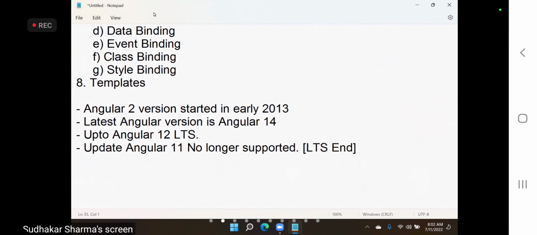And the community will not support Angular 11 anymore, Angular 8, 7, 11 anymore. But sometimes companies still ask for Angular 8, 7, 11 like versions because their projects are already built on it. They still continue on that. It's not mandatory that everybody has to upgrade to the latest versions. So Angular 14 is the latest, with minor release changes.